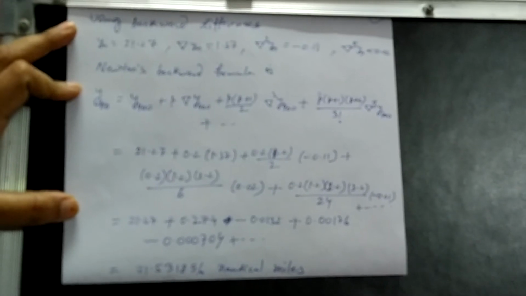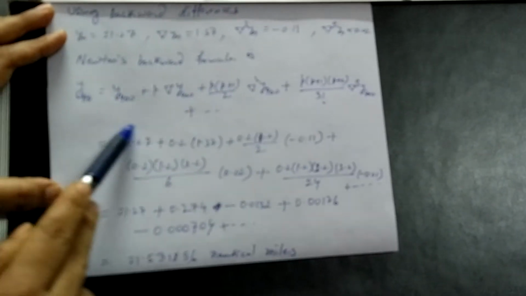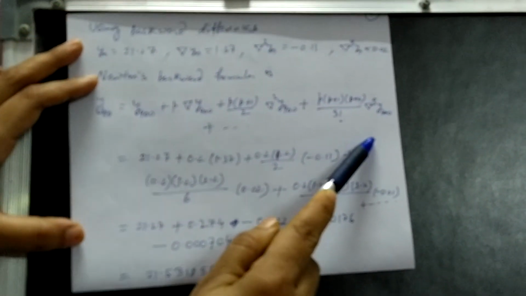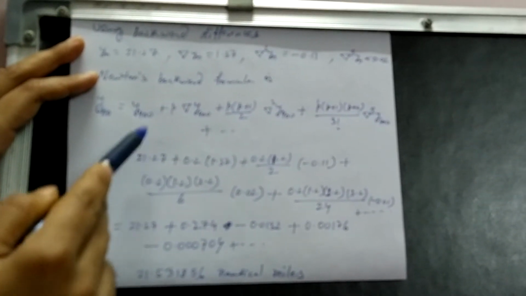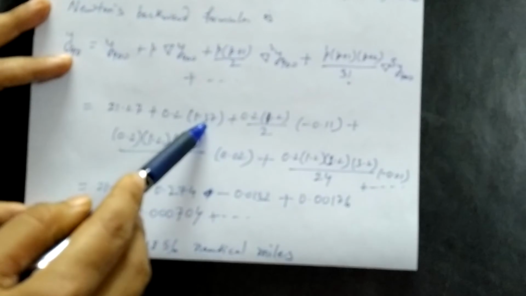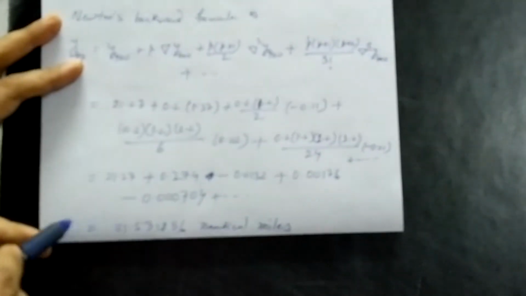Similarly, for the second question, at x equal to 410, we have already computed the p values and the table. The table has already been made, and you have been shown how to take the values. Here we will write the formula. The Newton backward formula is written something like this, already given to you, and we have to substitute the values. So y at 400 was like this. The p value is 0.2 in this case, and this value is from the table. That dotted arrow line we have given. The next values are taken like that, and after summing these and calculating, we get this.